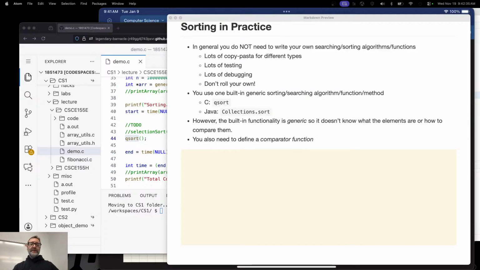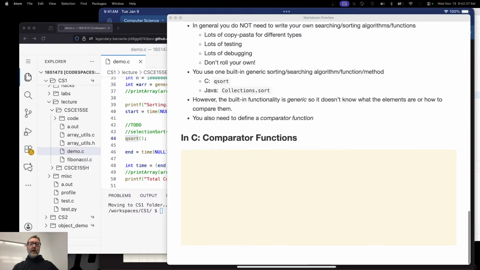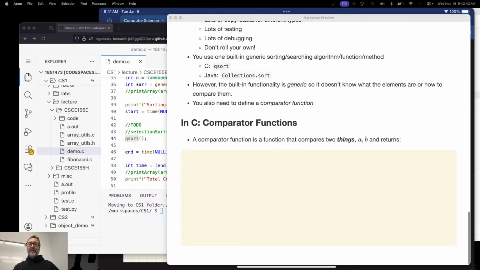So we'll start out in C here. A comparator is a function that compares two things. Who would have thought? A and B, and it returns...